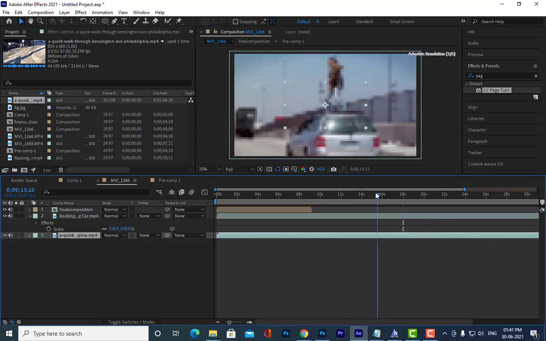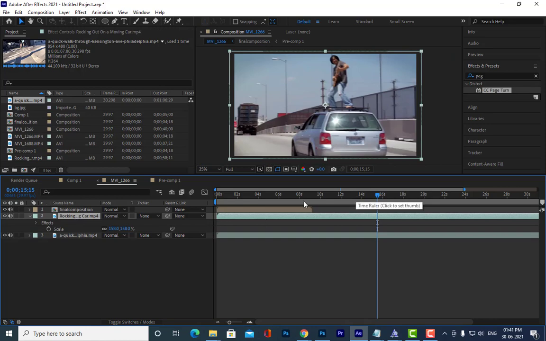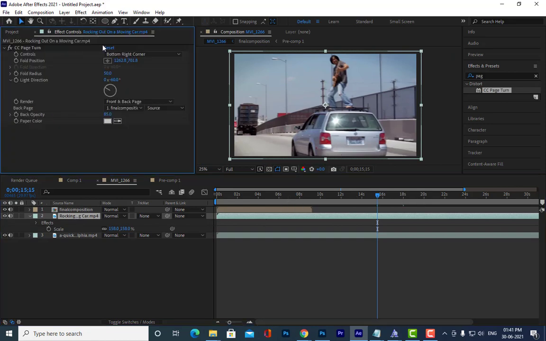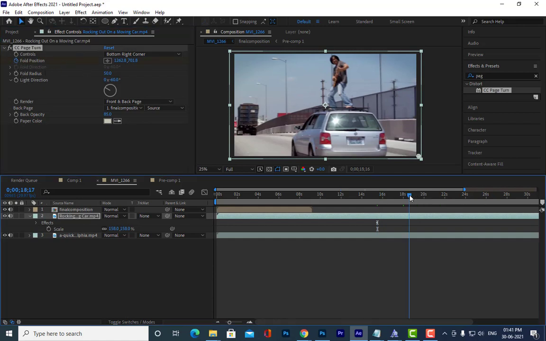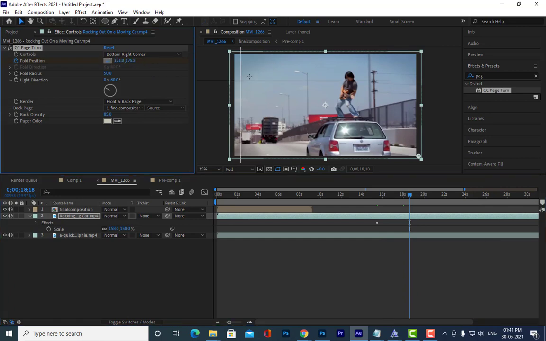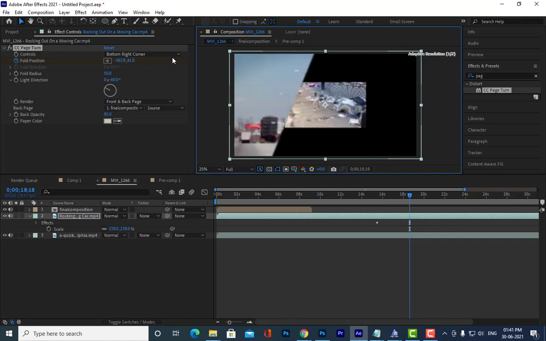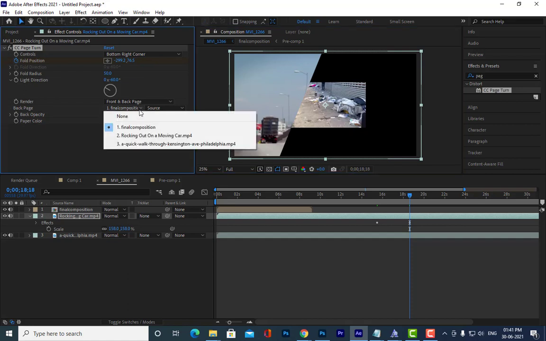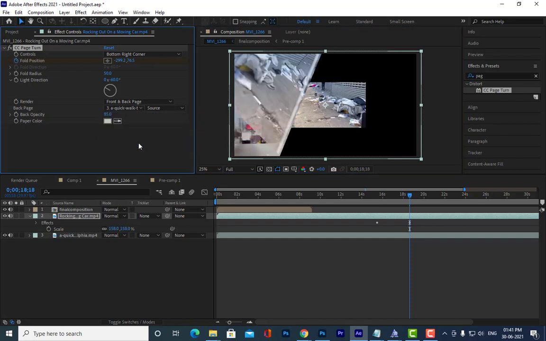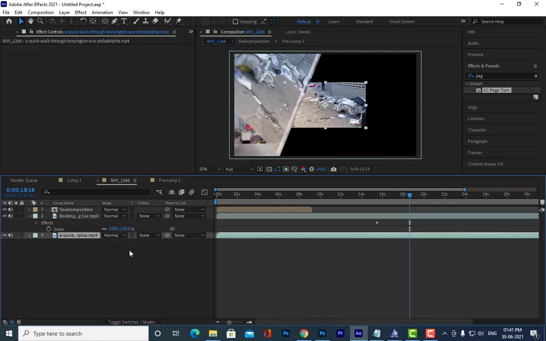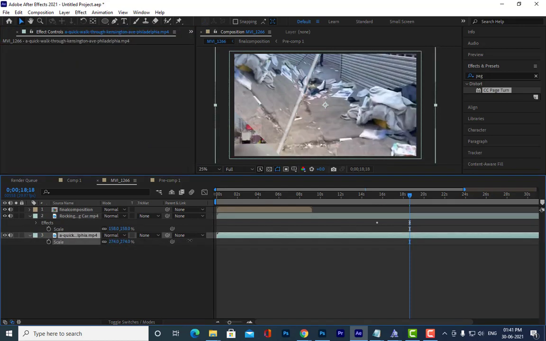So once you animate the second one, see here, you can just turn on this fold position, and for this fold now, we can take the third one as a back page. This one, see. And then we can increase the size here.